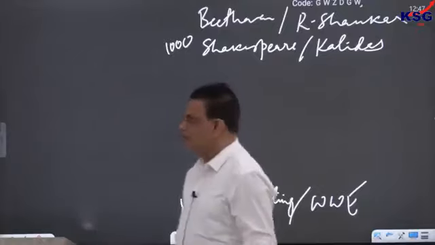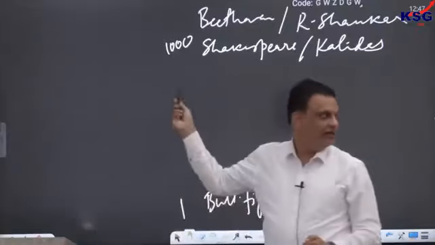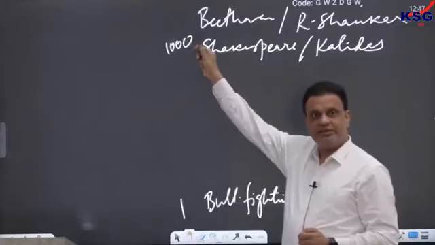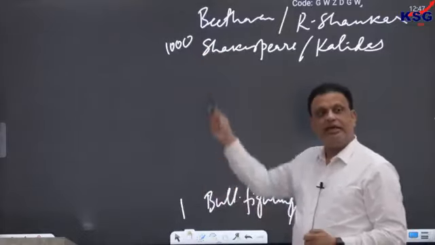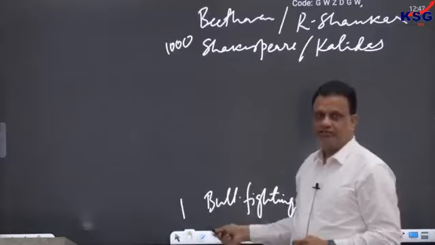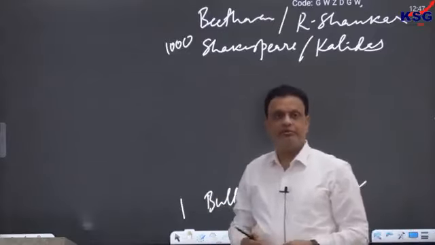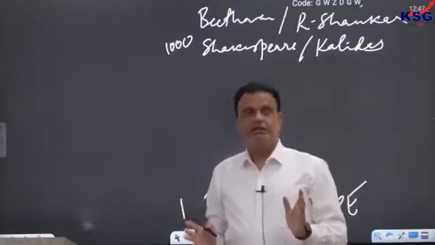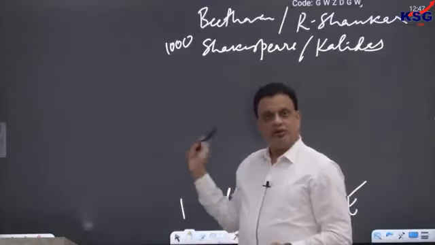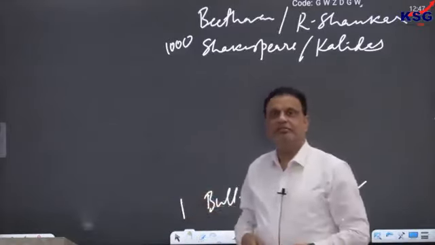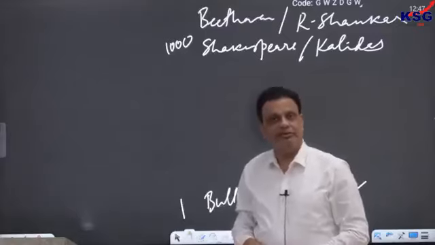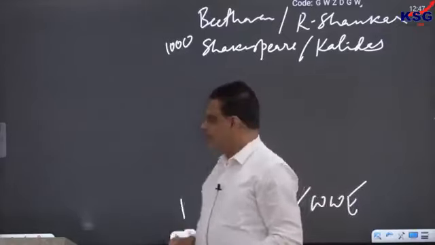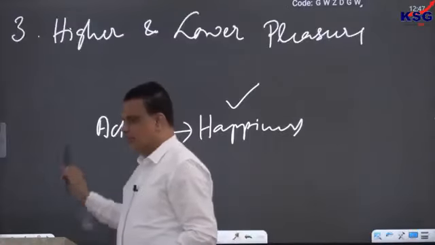So Bentham will say that if you increase this to a very high level, then it might become equivalent to that. And if you reduce that to a very low level, then that also might become equivalent to this. Both of them are equivalent, both are interchangeable, they are comparable, they occur on the same scale. So this is what Bentham will say, but perhaps many of us may not agree with that formulation of Bentham. Mill also did not agree with that. So this is where the concept of higher and lower pleasure comes up.